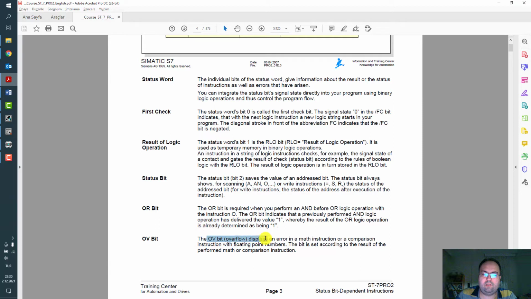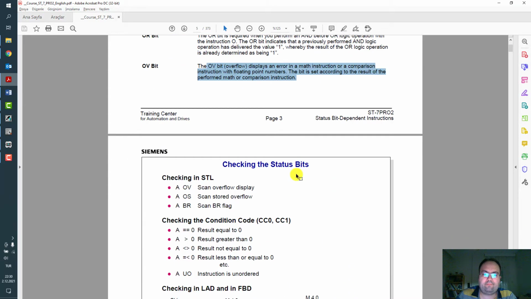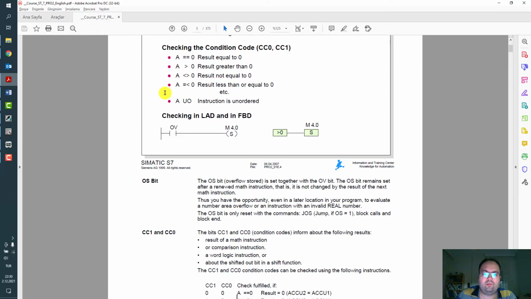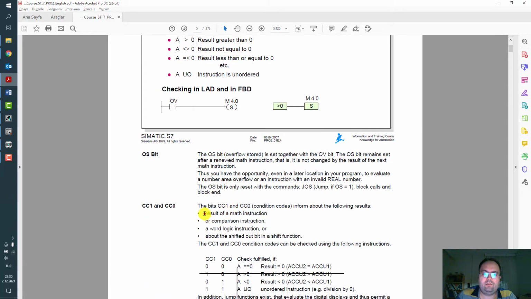The overflow bit displays an error in a math instruction or a comparison instruction with floating point numbers. For checking status bits in STL, we can use it like this. And condition codes are related to the result of a math instruction, comparison instruction, or word logic instruction.